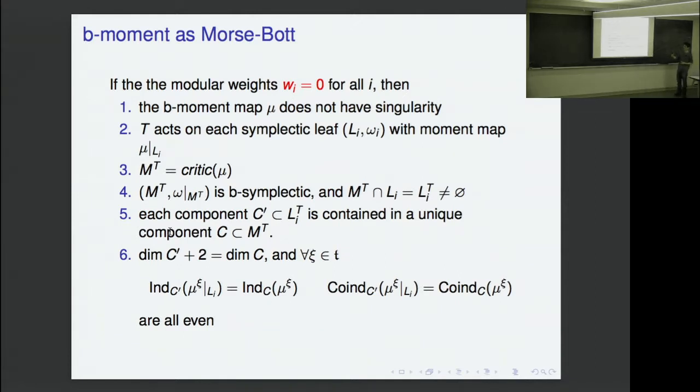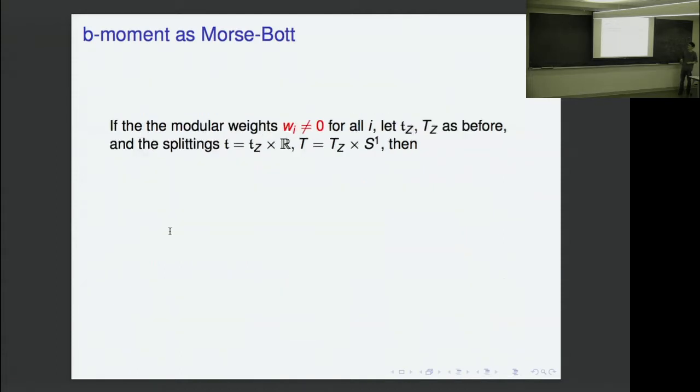Morse theoretical results in the b-symplectic case when the modular weights are 0 will be as nice as the symplectic case, because all these indices are even, and then most of the arguments in the symplectic case will carry over to the b-symplectic case. And now, if the modular weights are not 0, then as we discussed before, we can